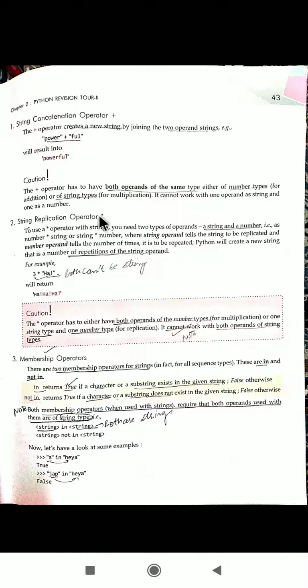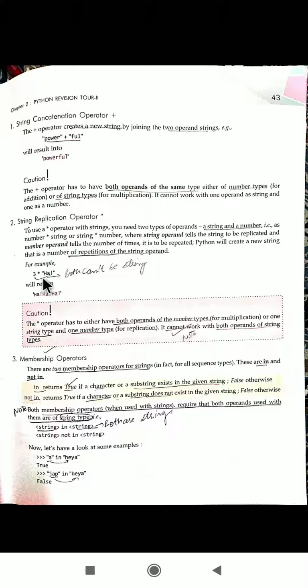Next is your replication operator. You can say star operator or multiplication operator also. Why is it named the replication operator here? Because it is able to replicate the string. It will allow you to repeat a particular string a number of times. So 3 star, and 'ha' it has written.